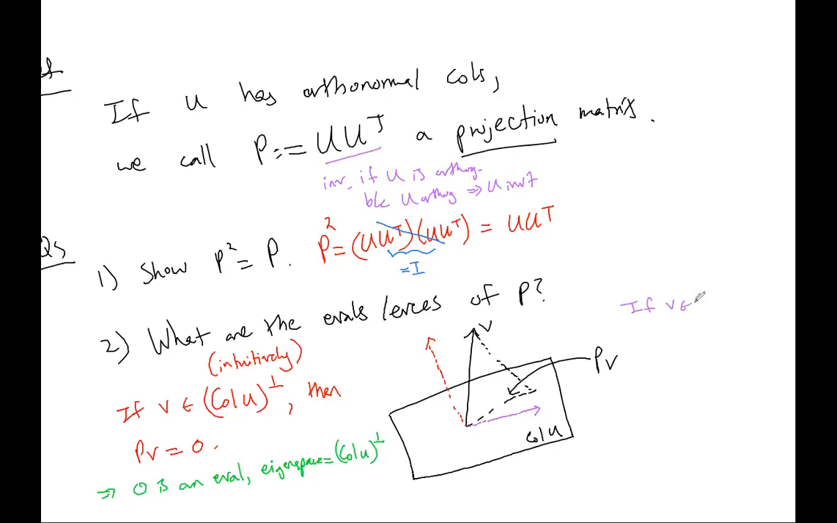if V is in the column space of U, then PV just equals V, which just implies 1 is an eigenvalue, and the eigenspace is the column space of U. Okay, and so then the next question is